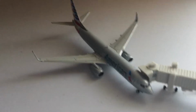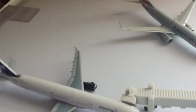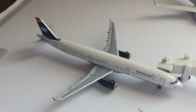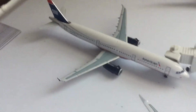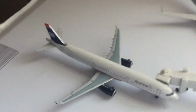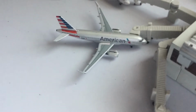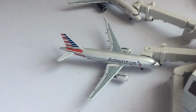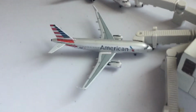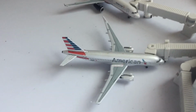Starting it off with the 737-800, we'll be going to Charlotte instead. The debut of this awesome American A321 in the beautiful US Airways Heritage paint scheme, which I know hasn't been seen here in Jax yet. We'll be going to Dallas Fort Worth, taking over that route for the 737. And then here's a surprise route where the A319 is going, and that would be Miami. I believe this route from here to Miami has been done before on